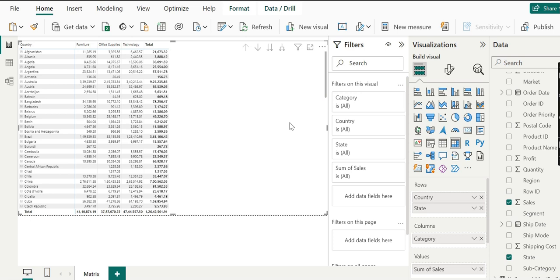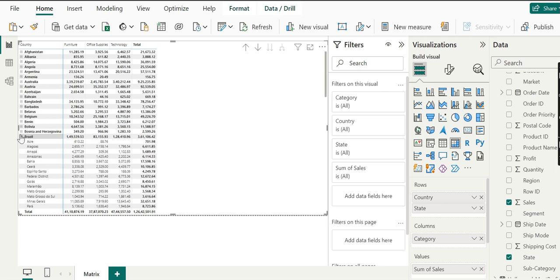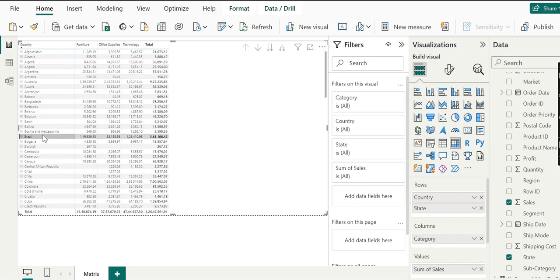Matrix in Power BI supports multiple selection. Now we will go to the country, let's say Brazil. Now hold the control key and make a few more selections. I am selecting this one, and Cuba.